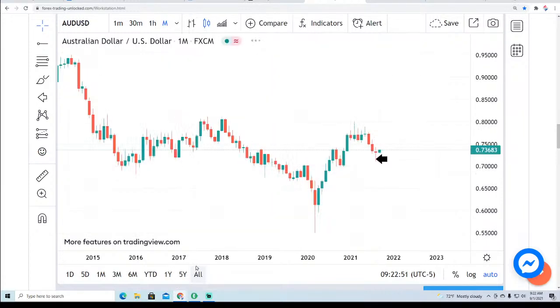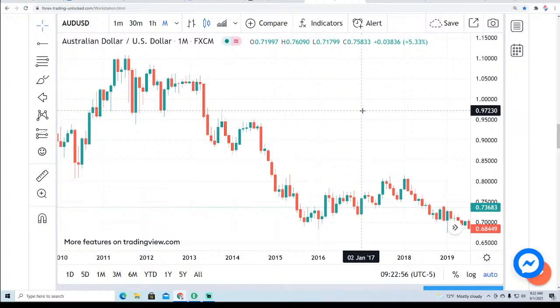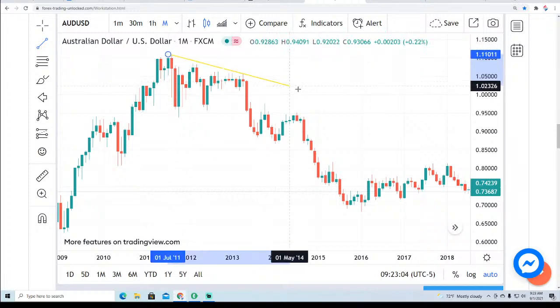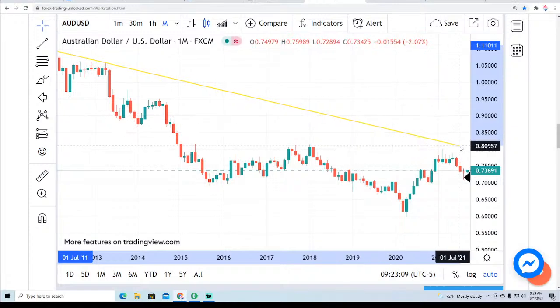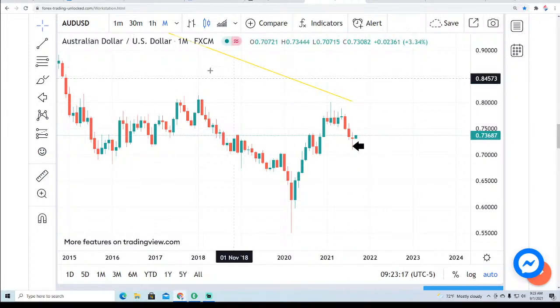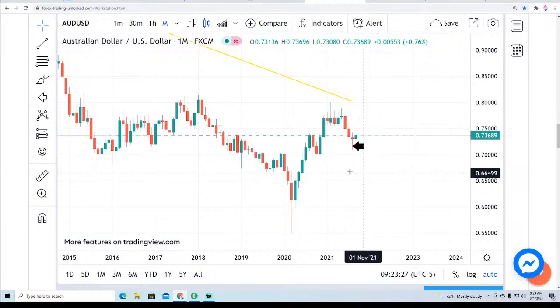And to give you an idea, if you look at the monthly, see this? This market has been in an overall bear trend for years. This goes back to 2011. So from 2011, let me stretch it out here. Let me keep going to here. Look at where we're at. We're coming just off that 2011 high. We've been continuing to break. We came off this high here, fell short of this downward sloping resistance, and here we've been breaking since